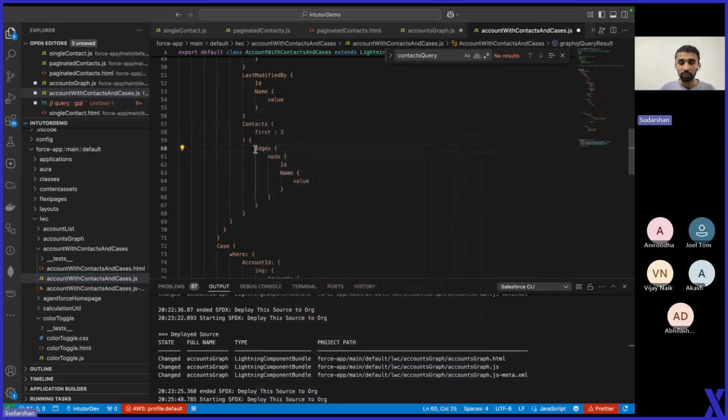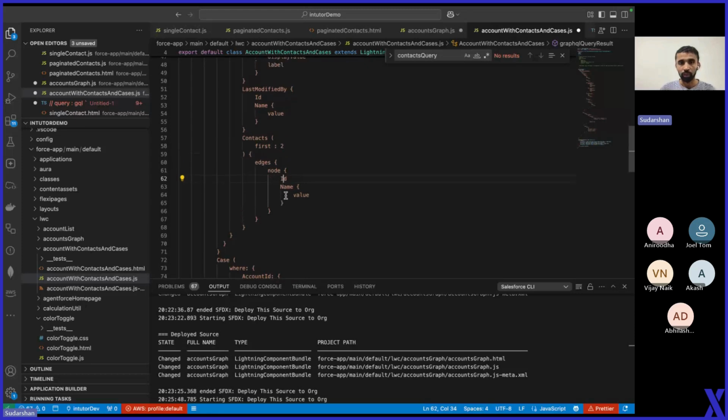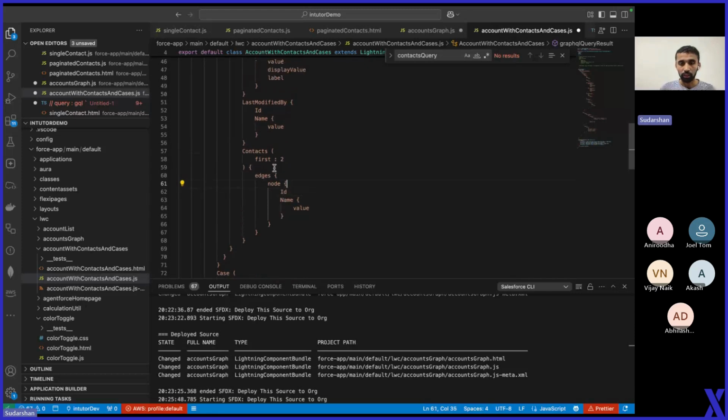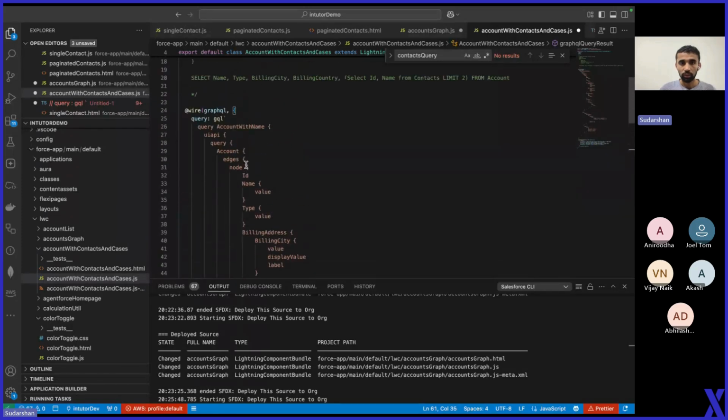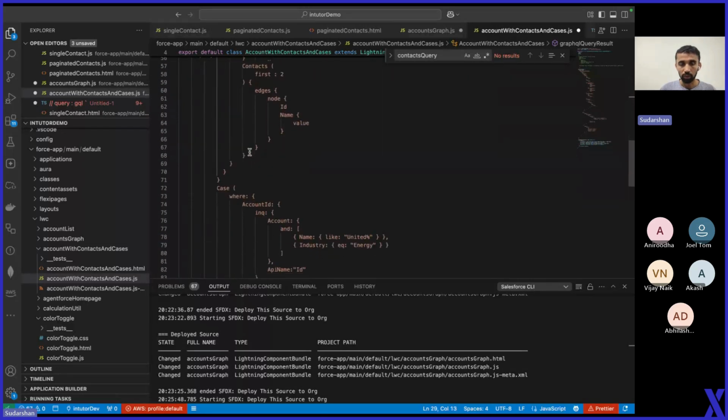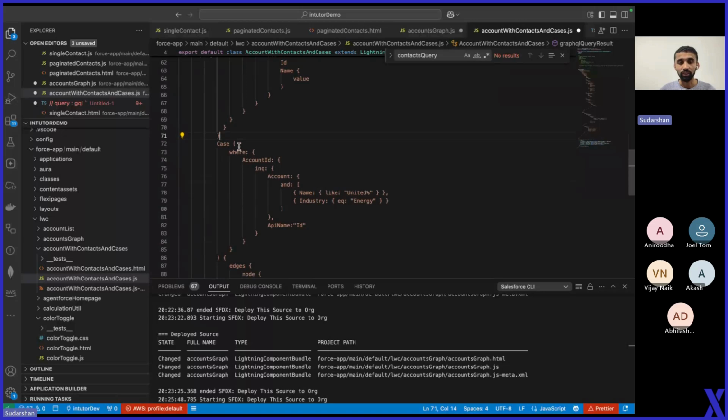All the fields that we query are exactly the same, like from the edges, which is again a wrapper, and node, and from each node we are querying the ID and the name field. All the curly braces will close accordingly. Once this account query closes, right, which is closing here, we're going to put another object query here. As you can see, we are going to query a case